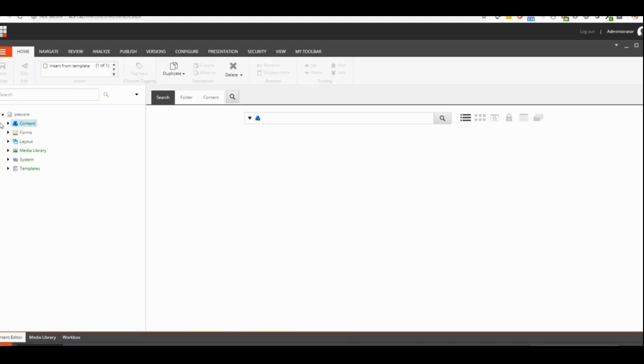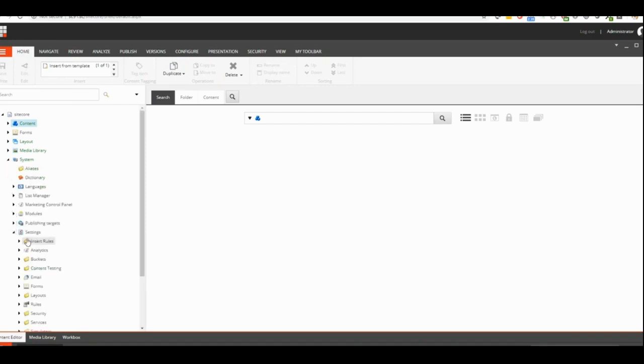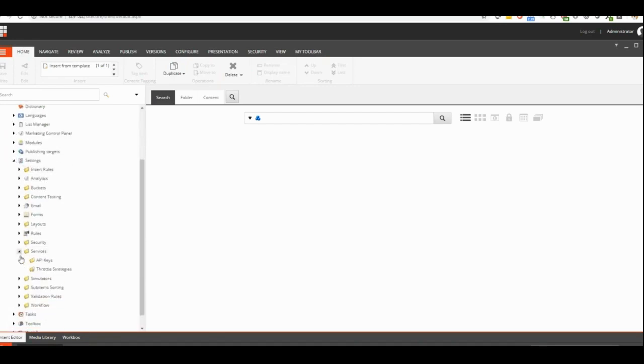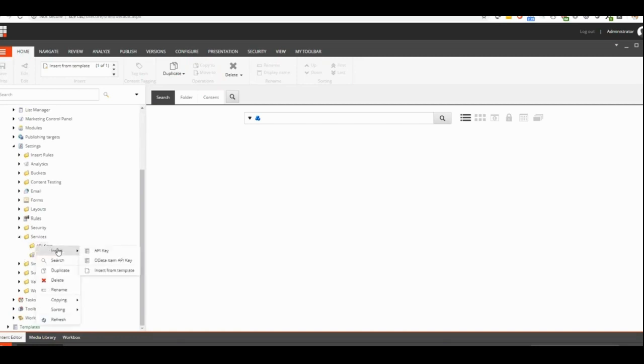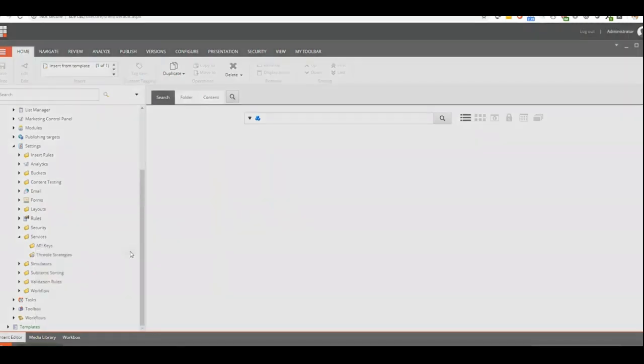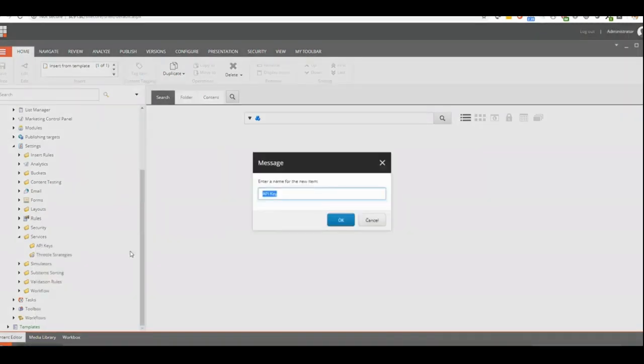I'm opening my content. I'm going to deploy it to my Sitecore. In settings, as I mentioned, I'm creating an API key, inserting an API key for it. Let us name it JavaScript API key.